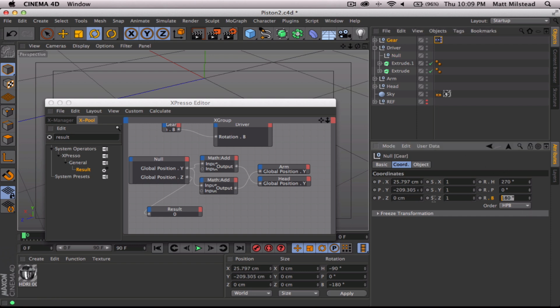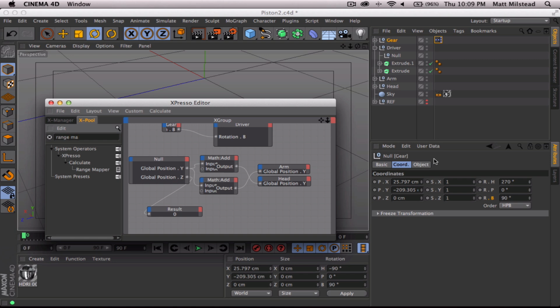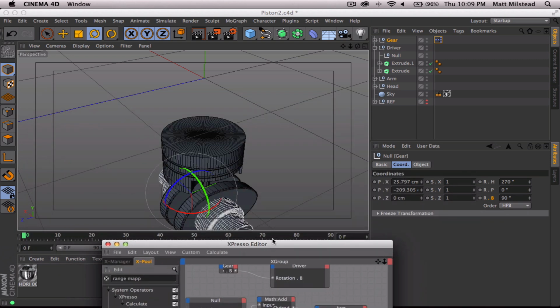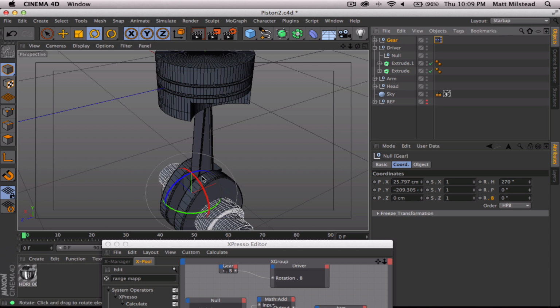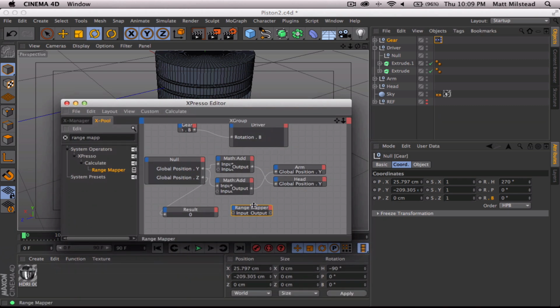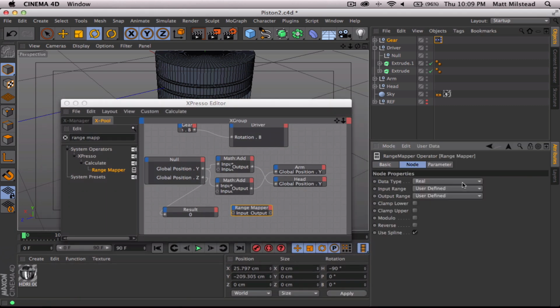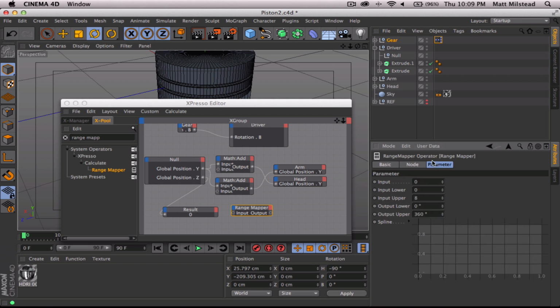So what we want is a Rangemapper, because what we're going to be doing is taking basically the extreme left and extreme right of the way this driver goes, and we're going to turn those into degrees. So under our node, we want real, user defined, and degree. So under our parameters,